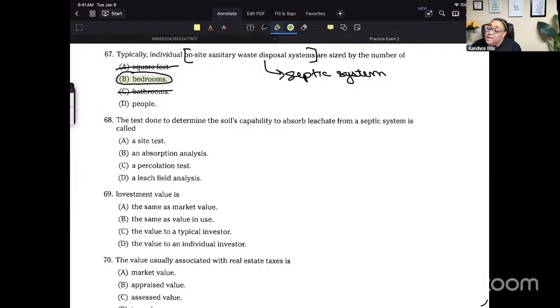Now, if you're in a city or a county, I should say city really, and you're on city water and city sewer, then you don't need one of these. But it is important, even if you are in a city, to check, because some of the older houses in older cities, you can have a house right smack dab in the middle of the city and be on a septic tank. In fact, where I grew up, which, I mean, you all know I'm back in Michigan. I grew up in Michigan, and I live in a city right next to Detroit.